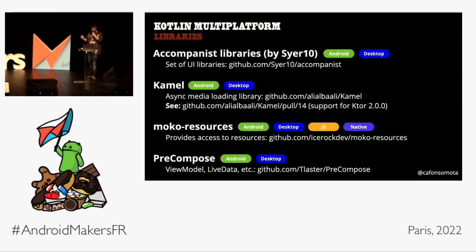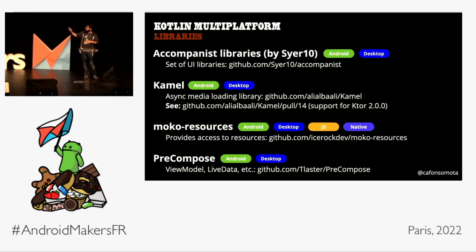So a couple of libraries that are worth mentioning. There is a version by JetBrains of the Compose libraries that run on Android and desktop. And it is pushing these libraries quite often, so you're basically using almost the latest version of the Compose libraries. You've got Coil for image loading, for fetching images from the web. The project is not currently updated to the latest version, so if you are using Compose 2.0, the project won't compile. So I created a pull request for it to give this support.